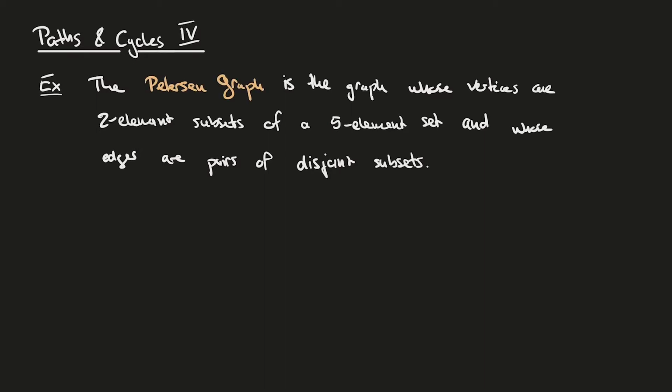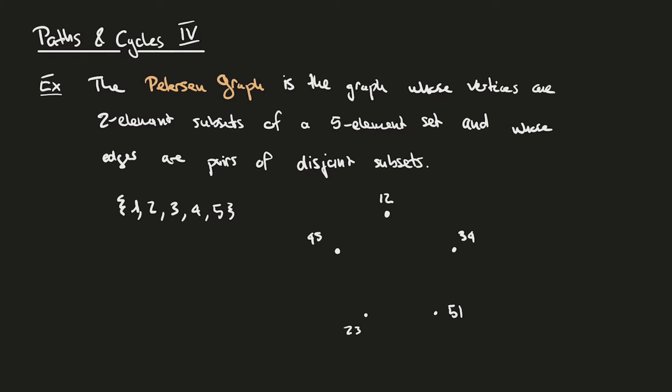Thus, to construct the Petersen graph, we need to write down some five-element set. For example, we can use the set of integers from 1 to 5. Then for each two-element subset of this five-element set, we add a vertex to our graph. For example, we have the two-element subset containing the elements 1 and 2. We have the subset containing elements 3 and 4. We have one containing 5 and 1, 2 and 3,